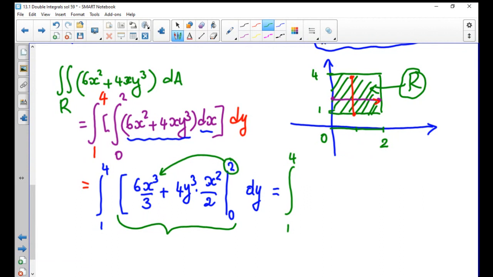So it's going to be 16, and then plus, substitute again 2 here, you will get 4 divided by 2 is 2 times 4 is 8, so 8